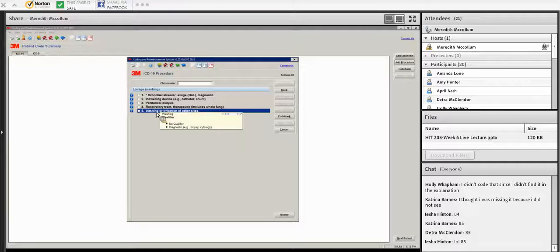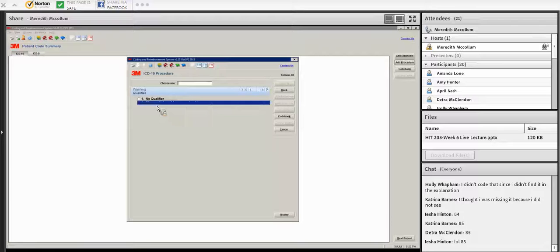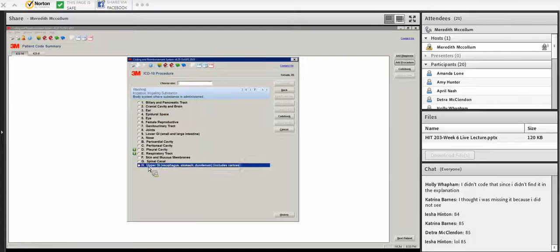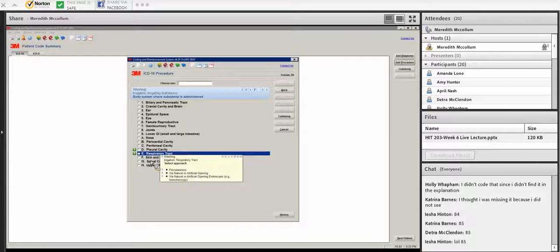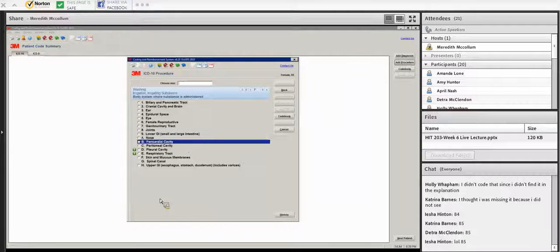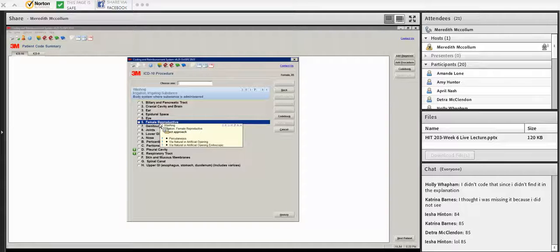Washings or irrigation of other sites. It was of the pelvis. Is it going to be under female reproductive? I don't think it's under that. You know what? It's not under